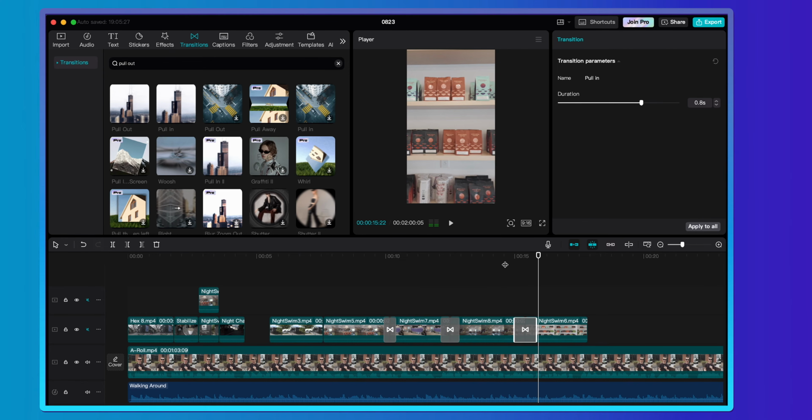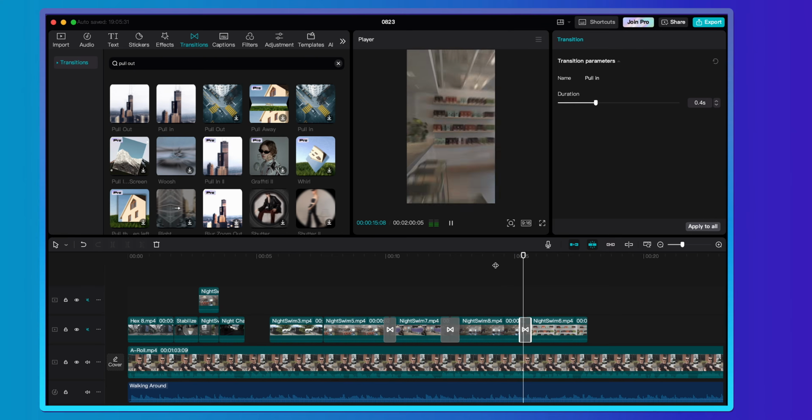All the variety of coffees. Honestly, the transitions within CapCut are incredible and I think they can really add a ton of variety to your